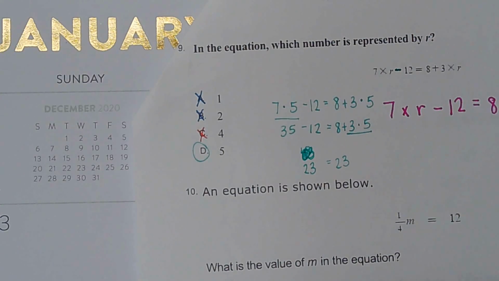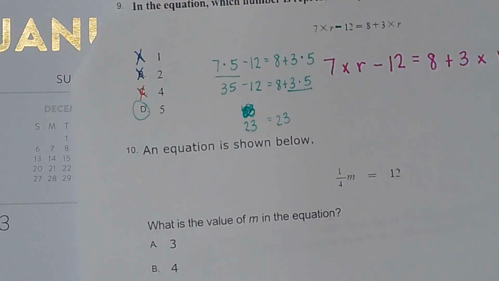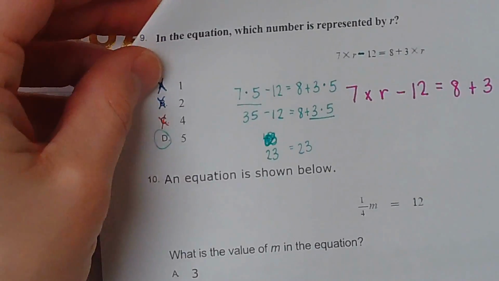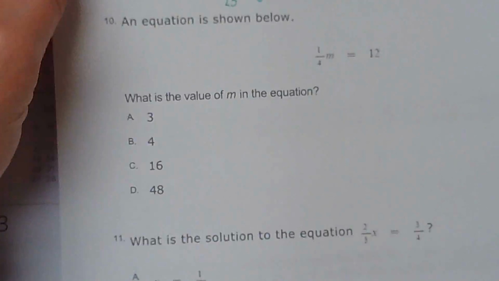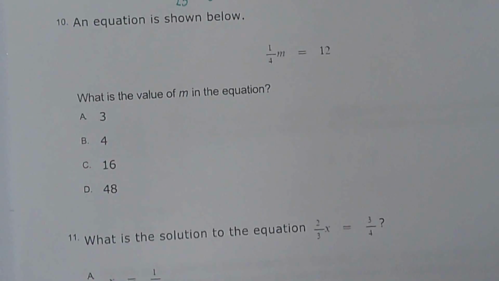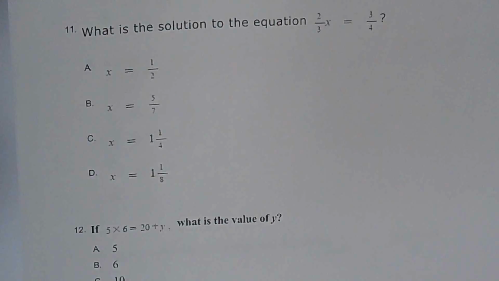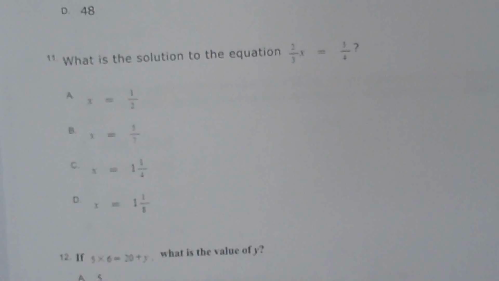All right. Trying to see which one. I'll do one real quick. I will do 11 real quick. So it's 2/3. Can you see 11? There it is. Oh, sorry, wrong way. 2/3 x